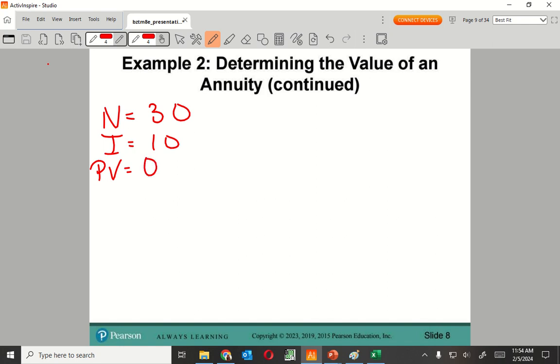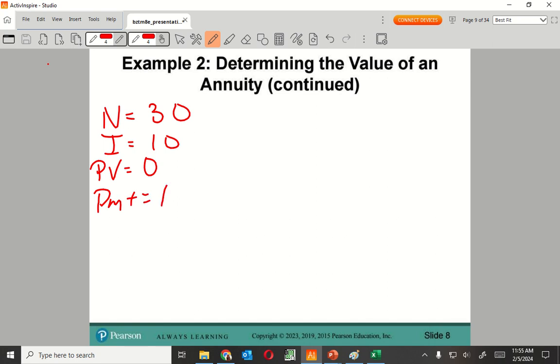Now, you're going to see these on the homework where it's going to give you a starting value. So right now, okay, you have $500 to start this off with. You would just put 500 here. You just change your starting value. Because right now, the only value that we have is what we're putting in my investment each year, part of my payment. But you could start with more money. My payment